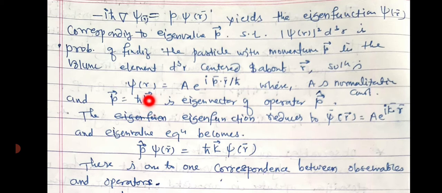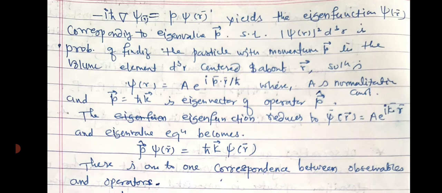So this is a very basic equation. Momentum, given as h cross k in quantum mechanics, is the eigenvalue of the operator p, and the corresponding eigenfunction is A e raised to i k dot r. Now here we can write the eigenvalue equation for the momentum operator: p of psi is equal to h cross k of psi. So this is like capital A of psi is equal to small a of psi.